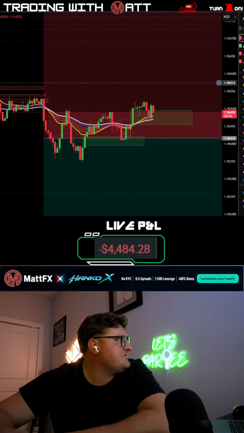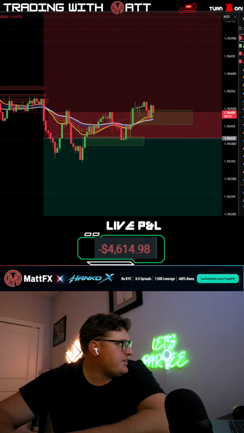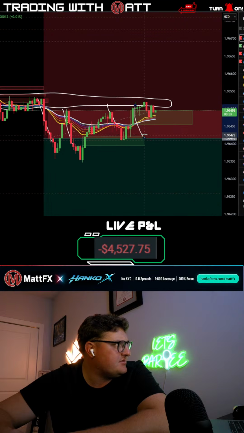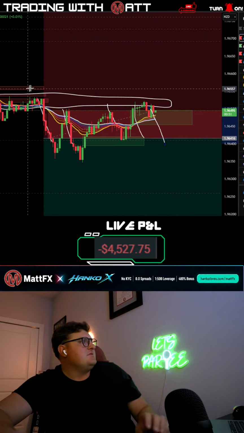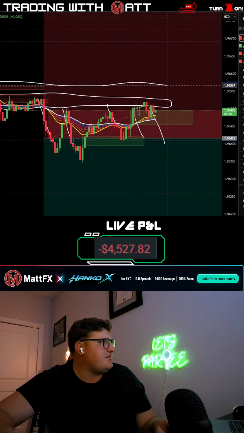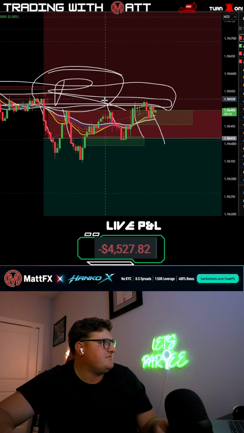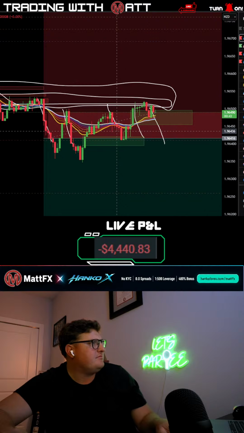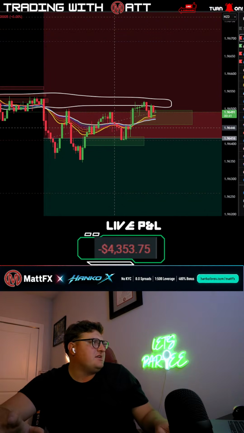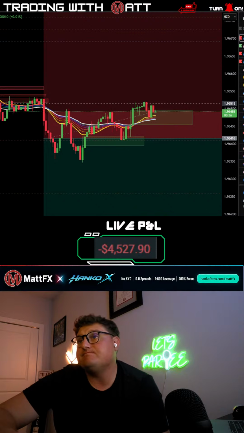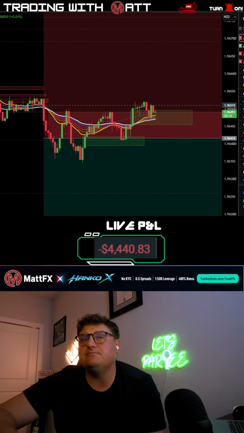The good news is that since we got in the trade, it has not broken this zone. It's rejected it every single time it's touched it. So as long as we use this area right here as a resistance zone, this should continue to move down. And that's just a 1 minute analysis. Obviously we analyzed on a higher time frame, but it's always good to look, you know what I mean?